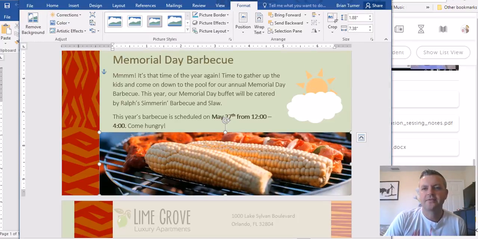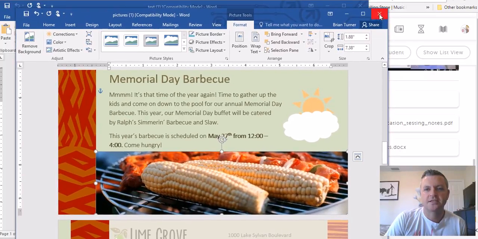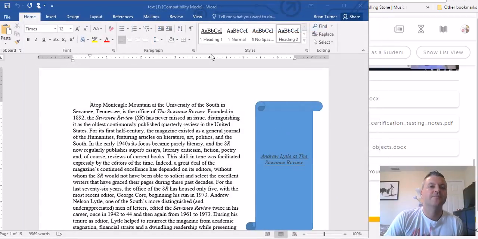And if you haven't already closed this out, go ahead and do so. Close out your pictures practice from part 3 and don't save it, just in case you want to go back and practice it again before you take the test. You have a fresh copy, or you can just download a fresh copy from my website or from my YouTube